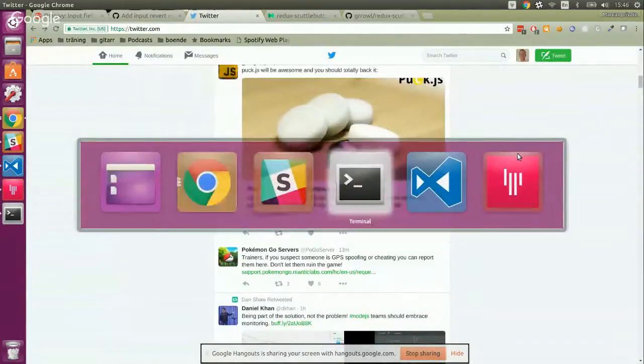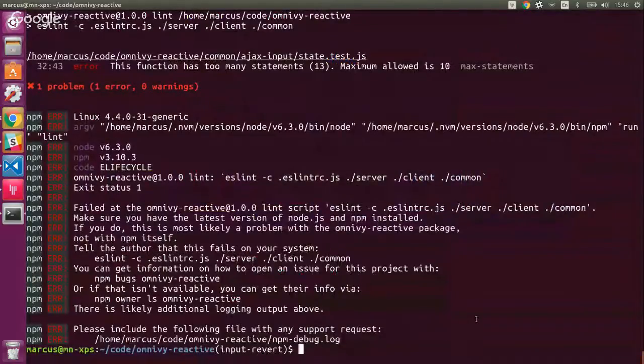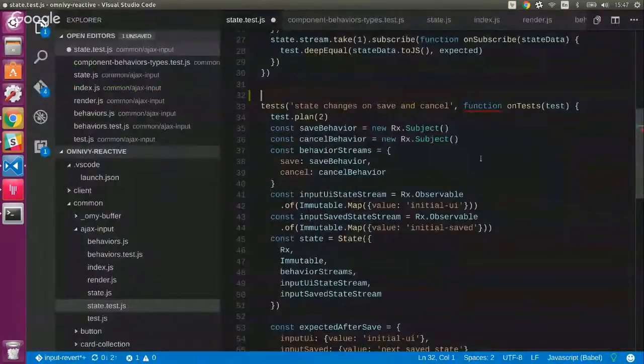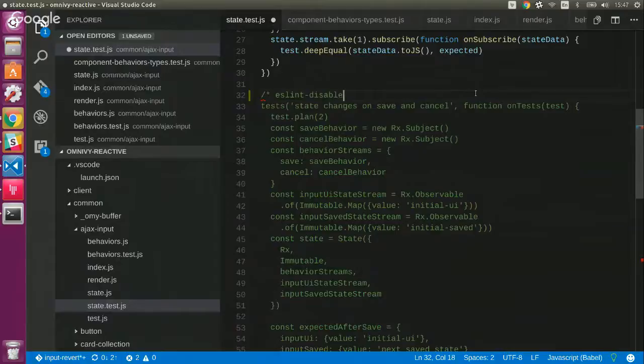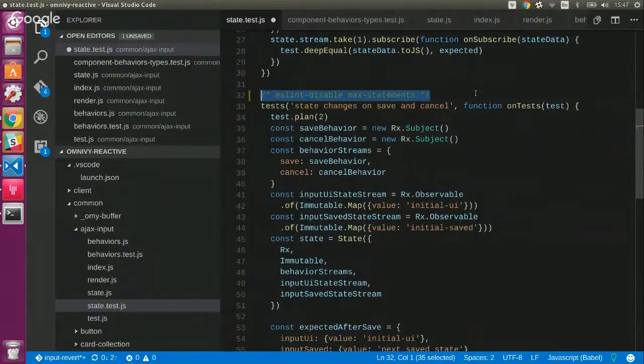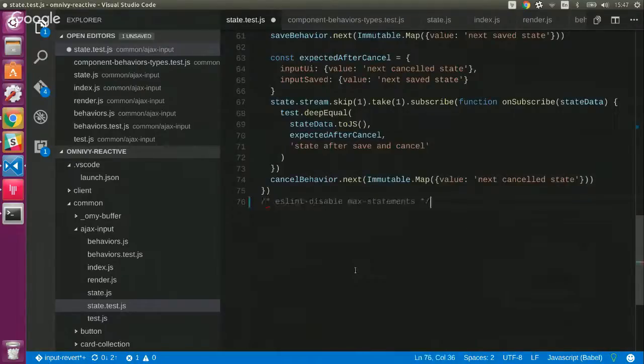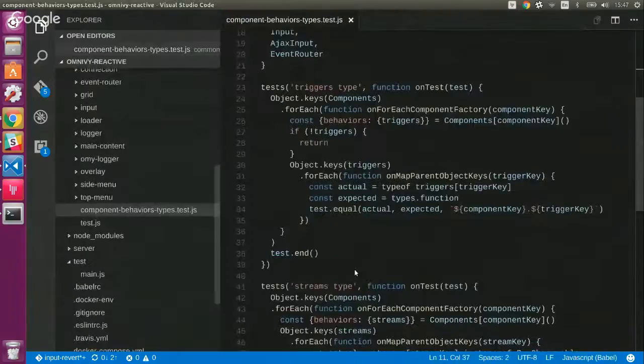Okay, so since the last stream, I've done some changes, as in like deleted the whole component and just transferred the code. So first of all, before I show too much, let's fix this error here. It's max-statements. I will actually not be fixing that. So lint disable max-statements. Here we go. Okay. Close down some stuff and let's